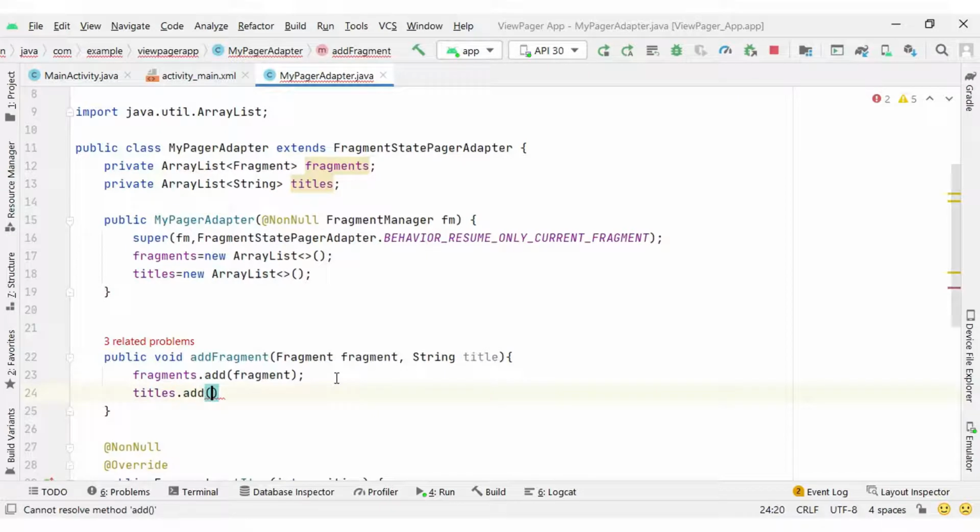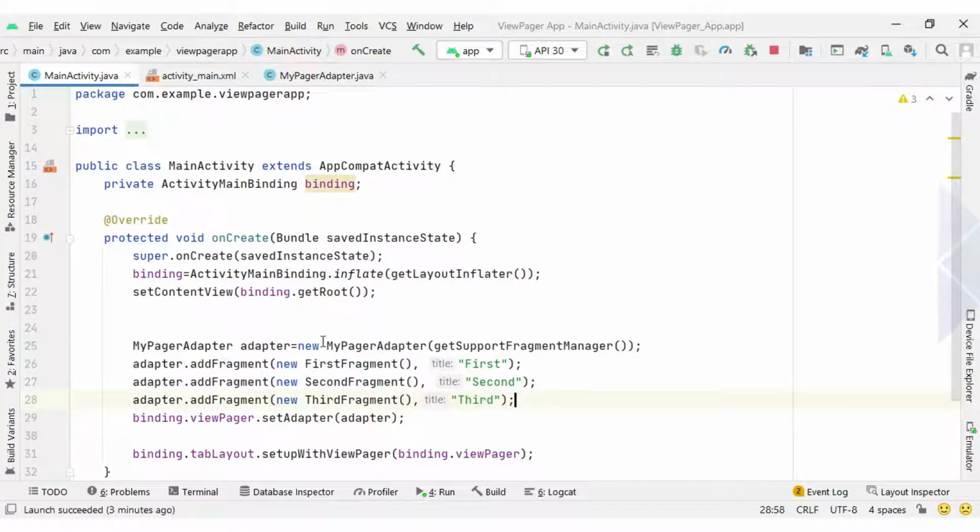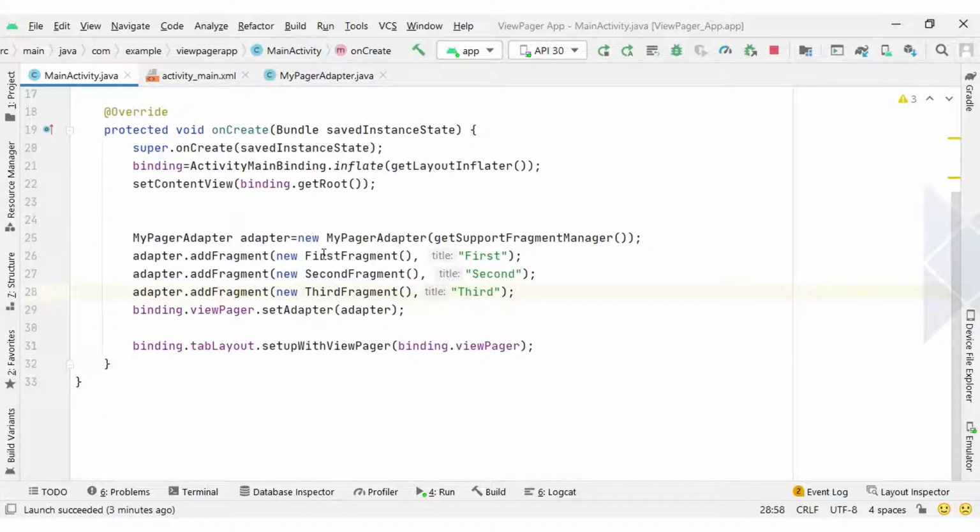So you can see titles dot add title. Okay, and accordingly we need to pass the title from our main activity as well. So here I pass first, second and third. We pass the title for each individual fragment, each individual page.